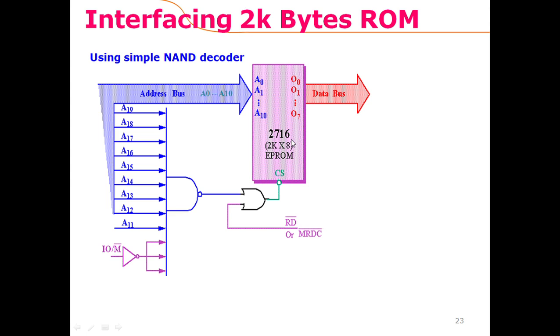So this is a 2 kilobyte ROM interfaced with a microprocessor, and if we want to double the capacity of this ROM, then we can add another chip with this chip. Here there are 2 kilo valid addresses, and when we add another chip of this kind, the number of valid addresses would be doubled. So accordingly, we would need to decode the 20-bit address so that double, that is 4 kilo addresses,